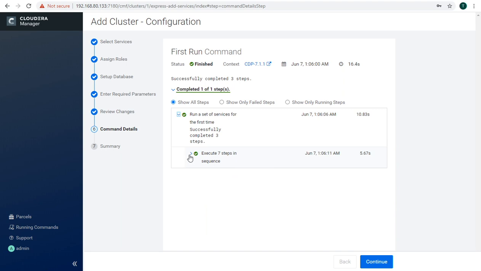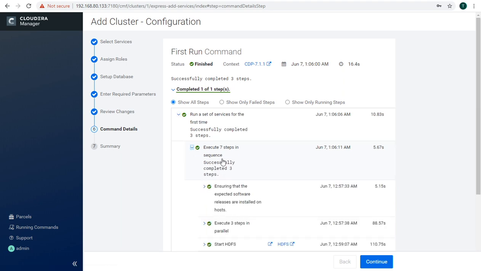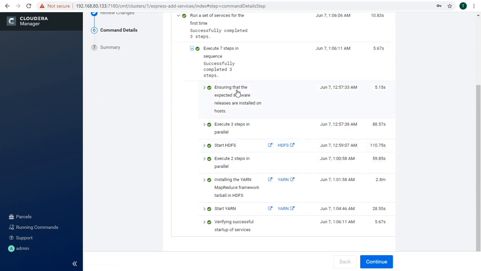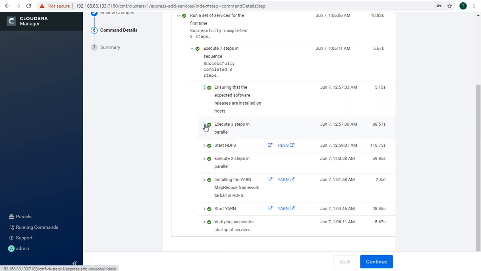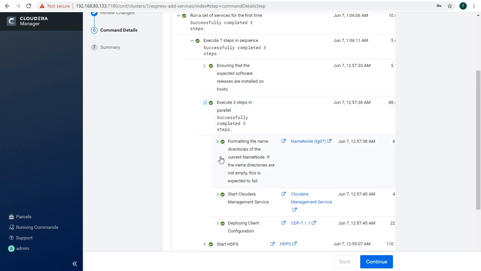If we expand it, we have 7 steps for execution in sequence. Let's expand it again. We have ensured that the expected software release is installed on the host, where we would check for CDH 6.3.2 version on all the host Cloudera Manager agents.